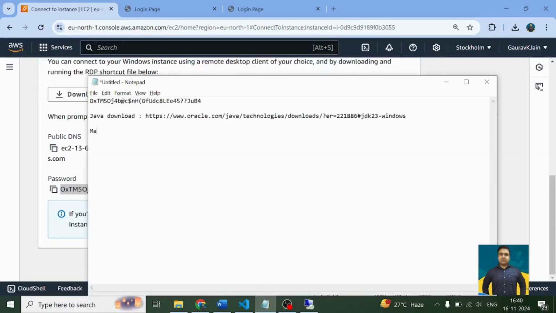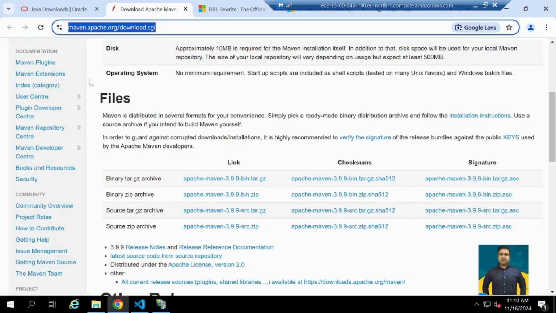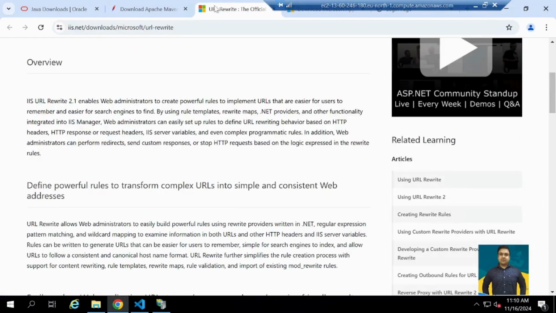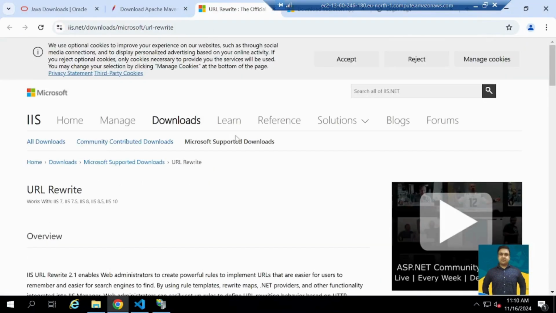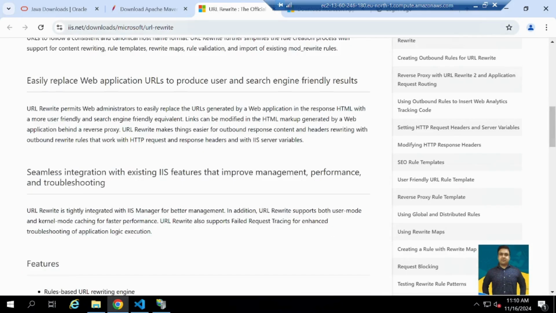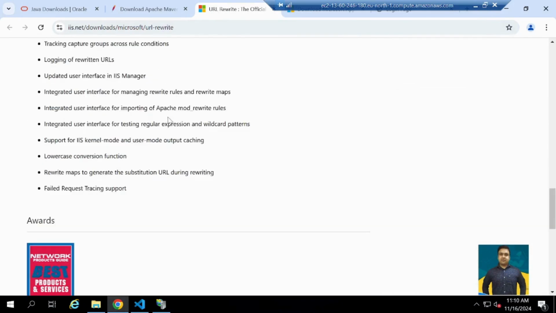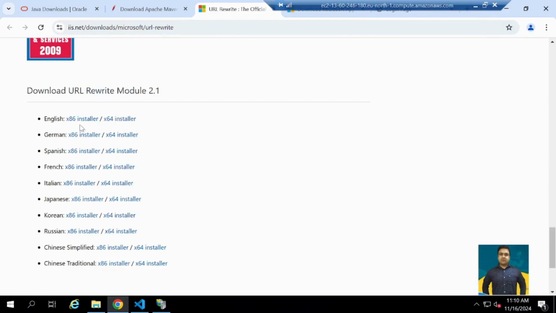So this also I'm going to give you Maven download. Fine. Then we have URL rewrite. So this is something for creating proxy, reverse proxy. Okay. And you have to simply download it. How you'll do it? Simply come on this website, come right below over here, and this is what you have